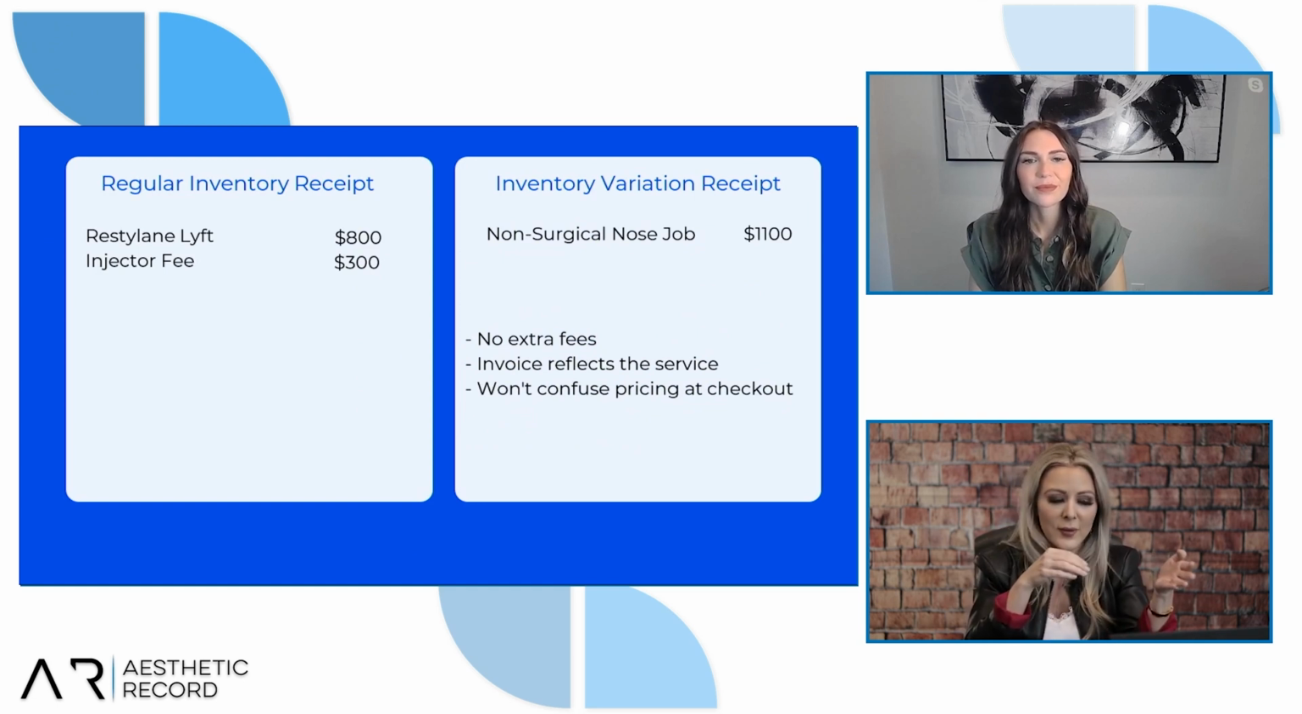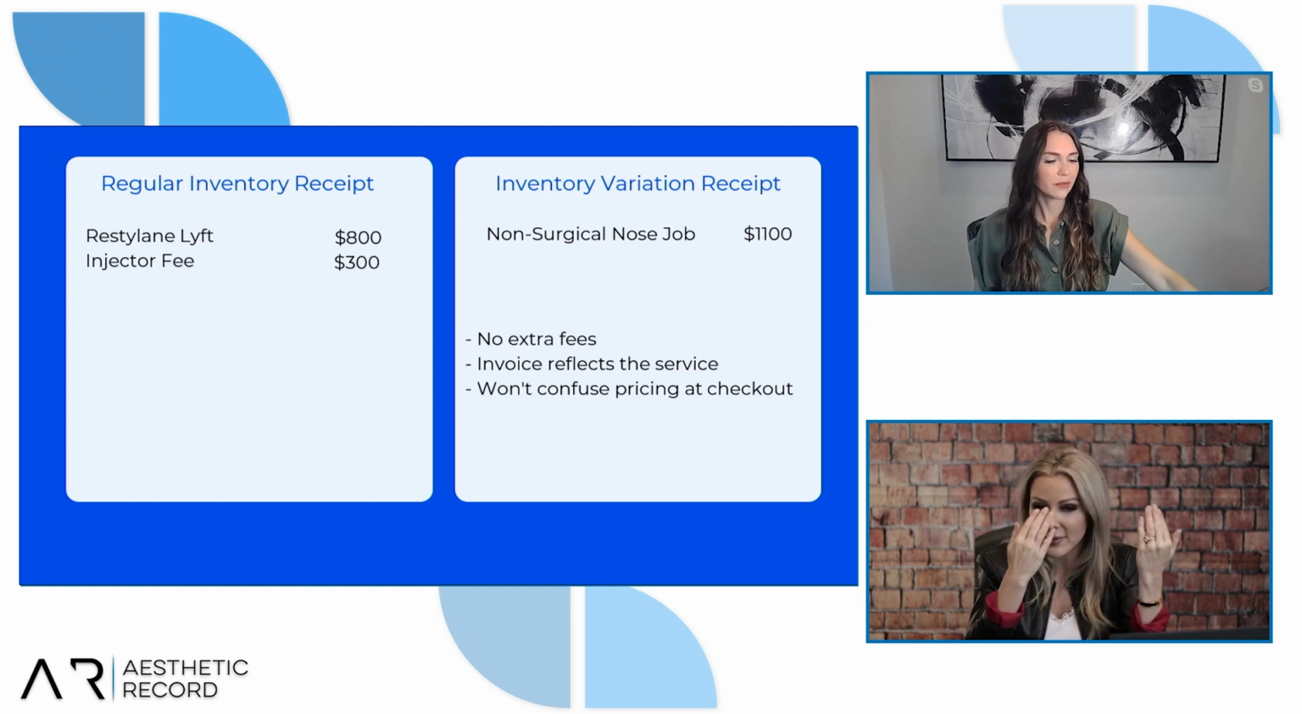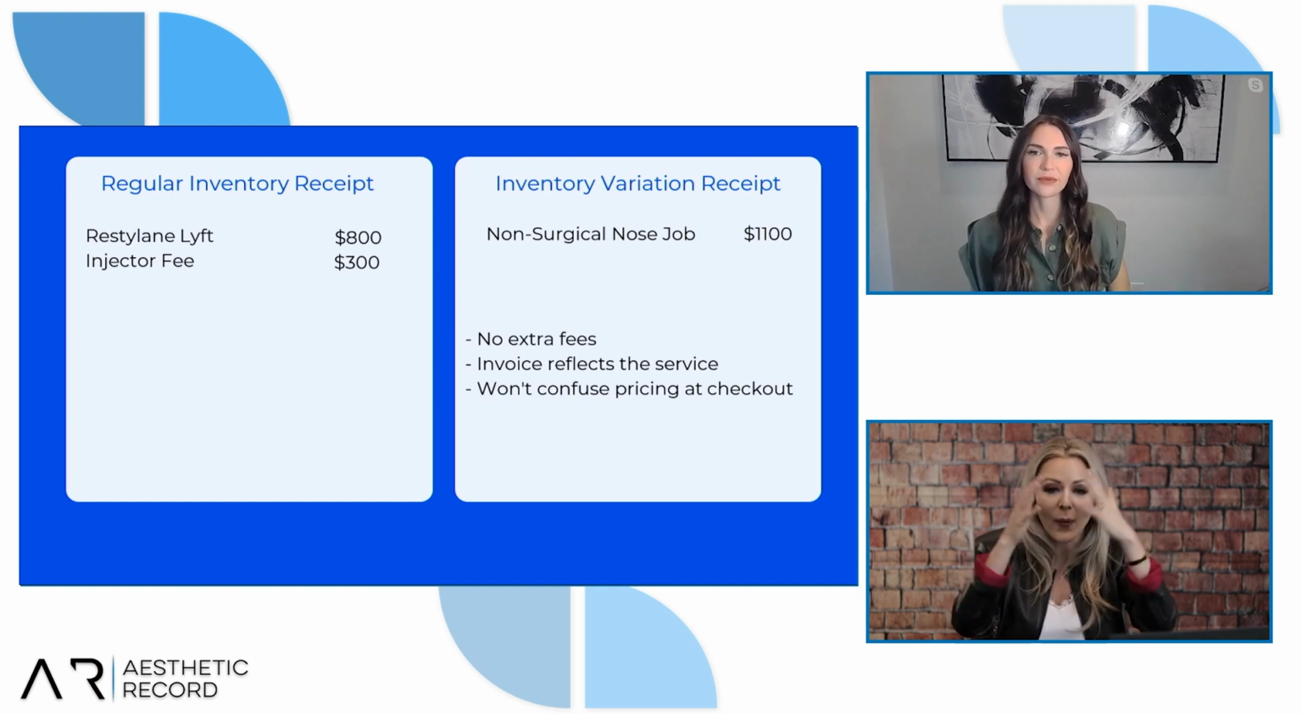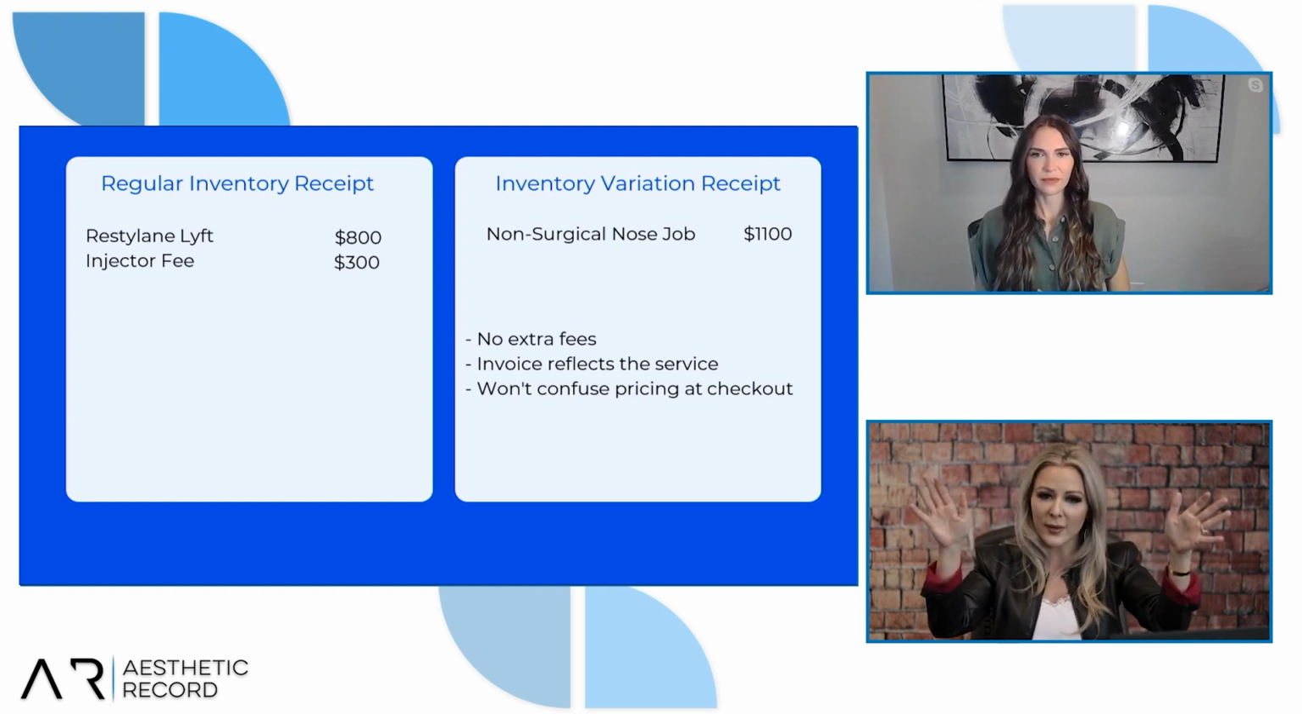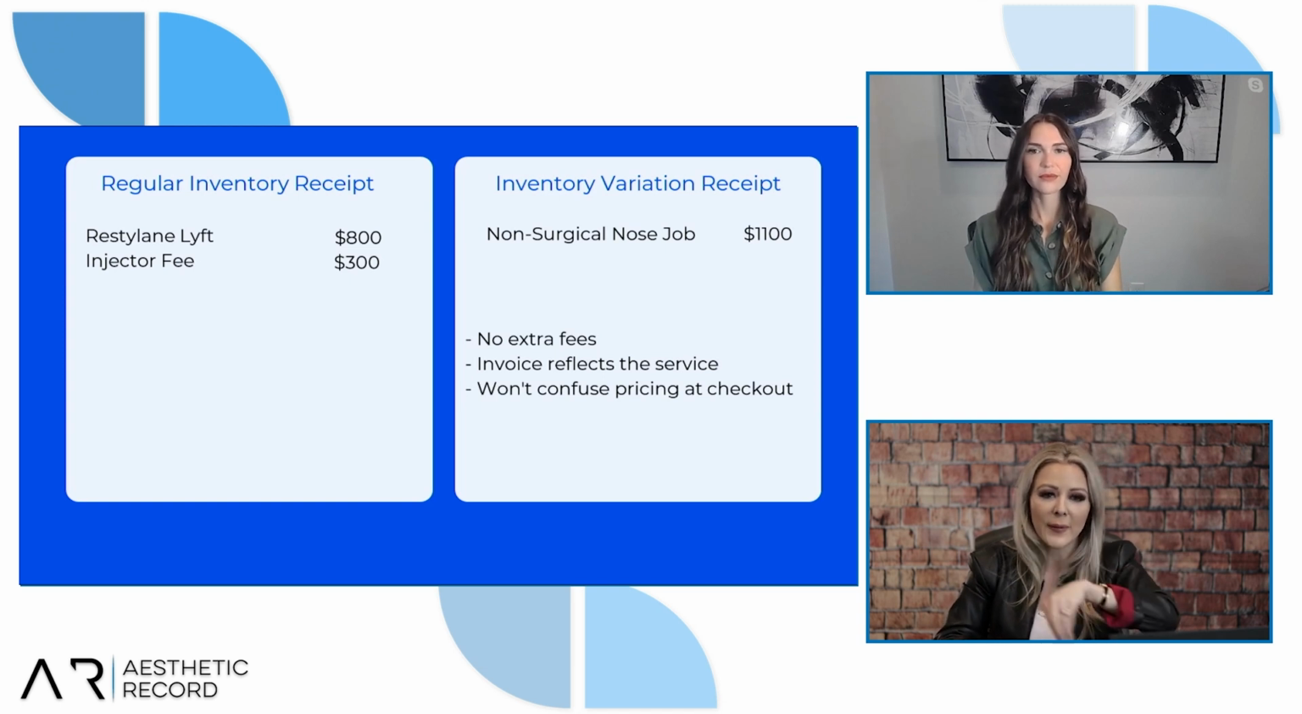On the left, you see this regular inventory report or regular inventory receipt. So let's say it's a nose job. If I go to inject the nose with my Restylane lift syringe, that's always $800 every day of the week, Monday through Sunday, $800 always. That shows up on the receipt as lift,